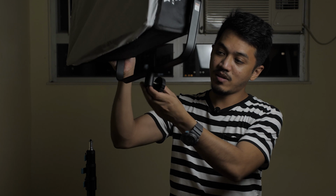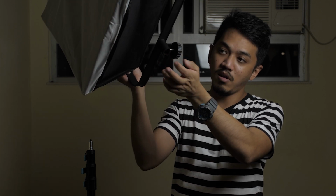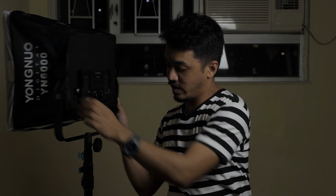Okay, so now we're done assembling the softbox. Let's go ahead and mount it onto a light stand. So the cool thing about this, it just comes with a generic female light stand mount over here. So all we need is a light stand. So we have one here. Directly mount it onto the light stand and screw it in using this thing. So now we have a very small and compact softbox as far as softboxes go, because some softboxes can be